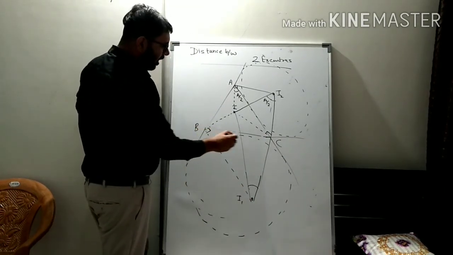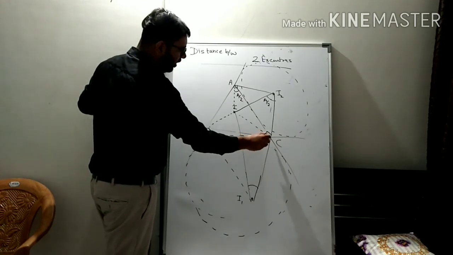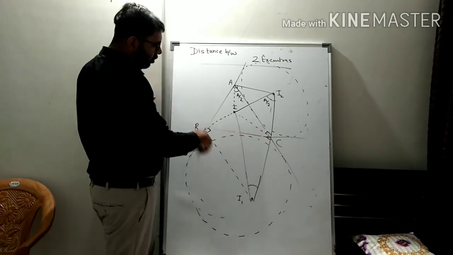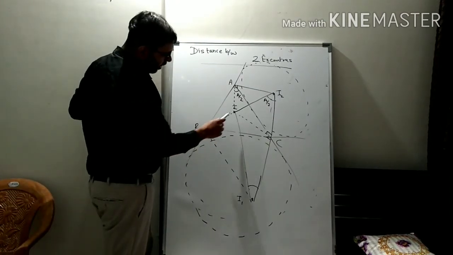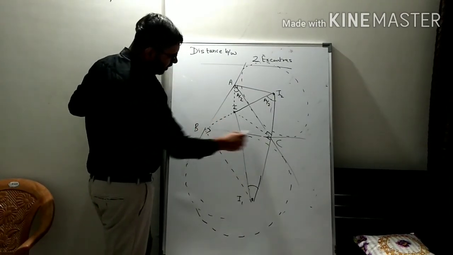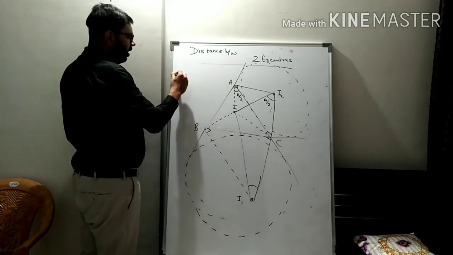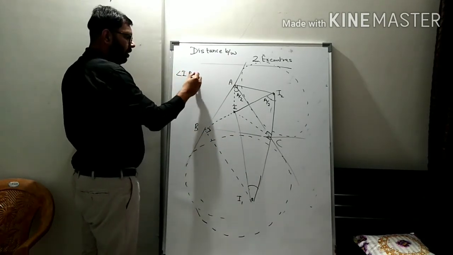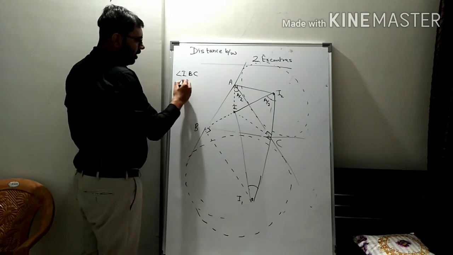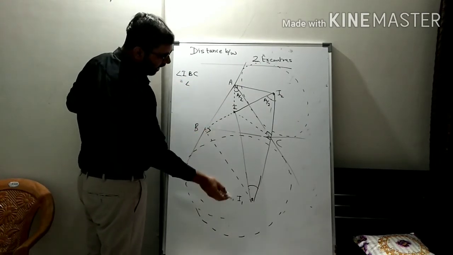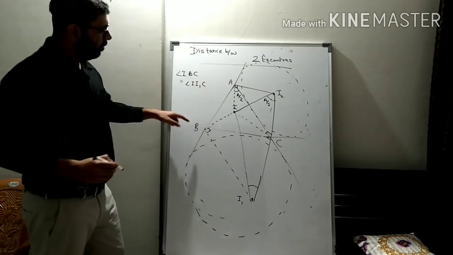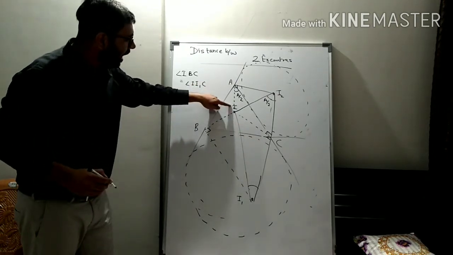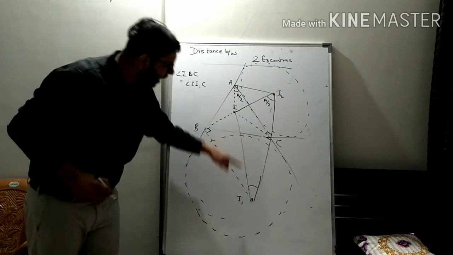So this angle and this angle will also be 90 degrees each. This is 90, this is 90. So this also becomes a cyclic quadrilateral. So if this also becomes a cyclic quadrilateral, this angle will be equal to this angle. Correct? Angle IBC will be equal to angle I1C, angles in the same arc, because this is a cyclic quadrilateral.